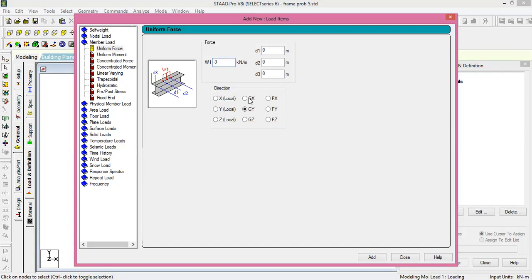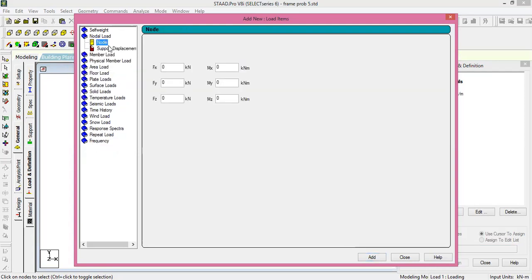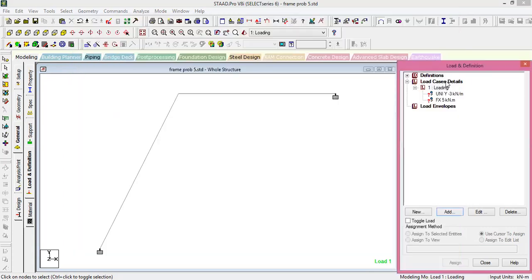It is not acting in the global x direction because the member is inclined, as we discussed. Therefore, it is also not acting along the local x-axis, because the local x-axis is the member axis, but it is acting in the opposite direction to the positive local y-axis. So add this. And you have the 5 kilonewton load acting at the joint, which is global Fx. So you need not take minus 5 kilonewton, add and close.